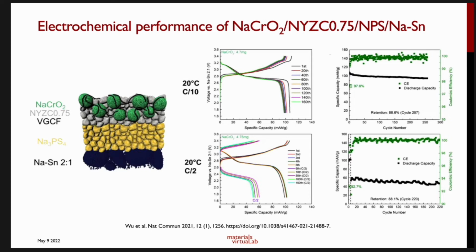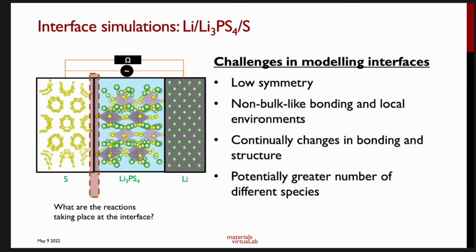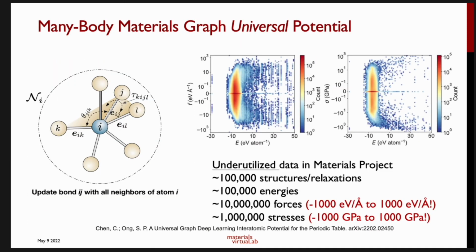And this work is actually already published, but recently we have been looking further into this NYZC space, and we find that there's actually a lot of untapped potential there. We found that by disordering the yttrium and zirconium, as well as amorphizing this material, potentially this material can go beyond 1 millisiemens per centimeter, right? So these results are not yet published. I'm hoping that my collaborators, Raphael Kerman and Shirley Meng, are going to try to verify some of these predictions, okay? All right, in my remaining time, I'm going to skip past this one,